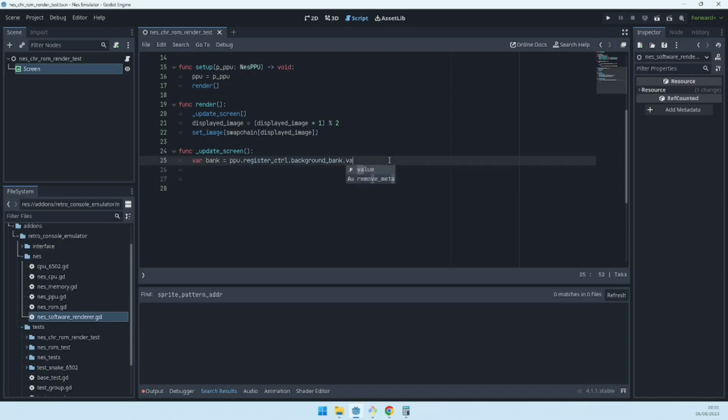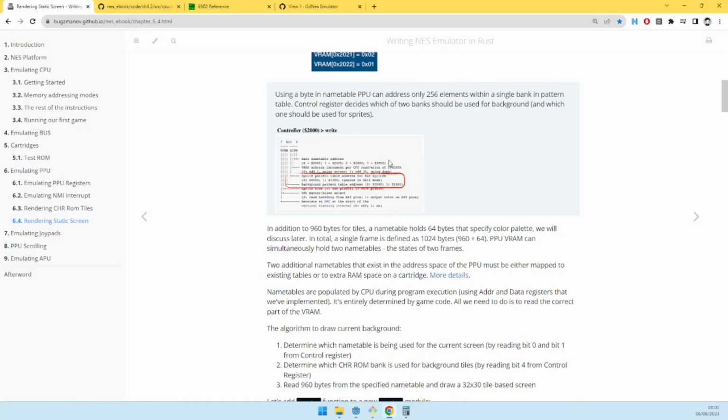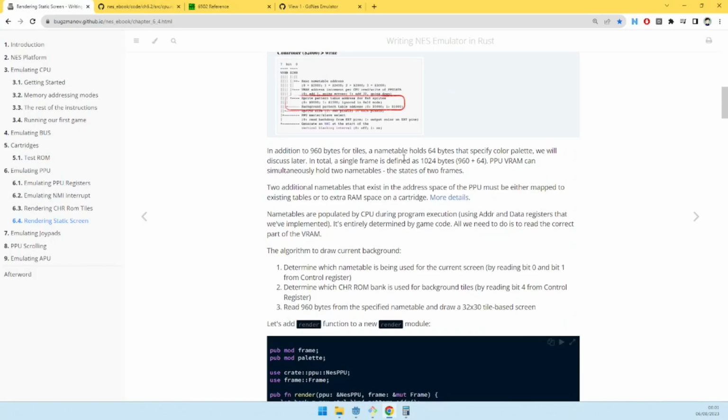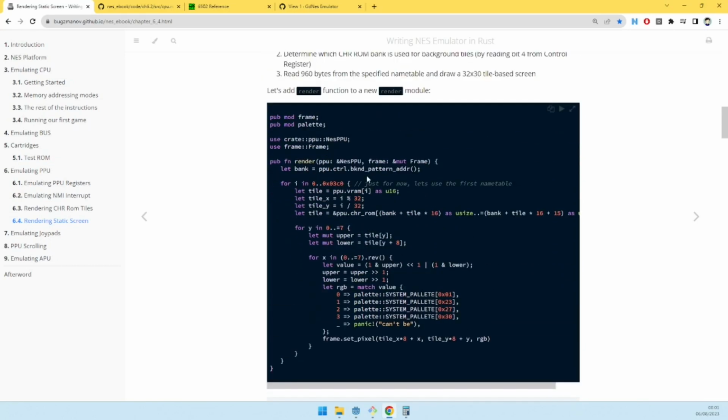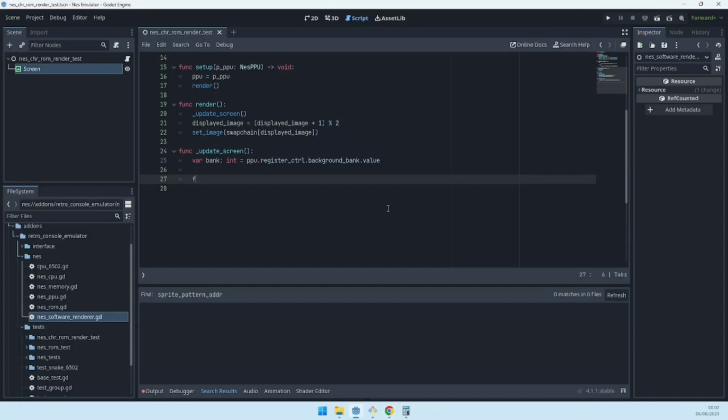And dot value. And this is an integer, 0 or 1. So, what comes next? We are going to iterate this range for now. Let's use the first name table. Okay. For I in range